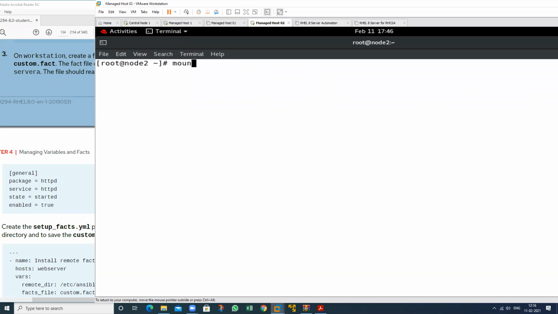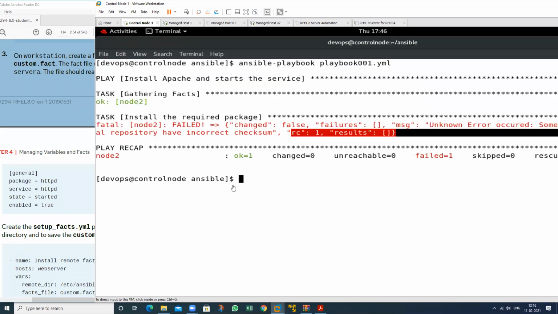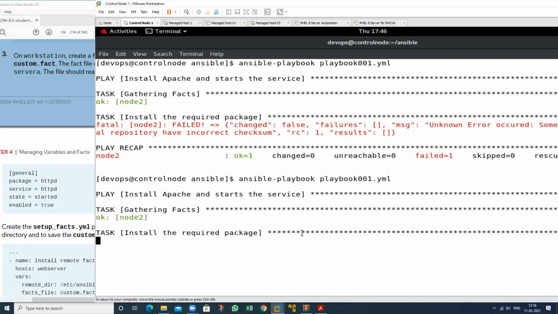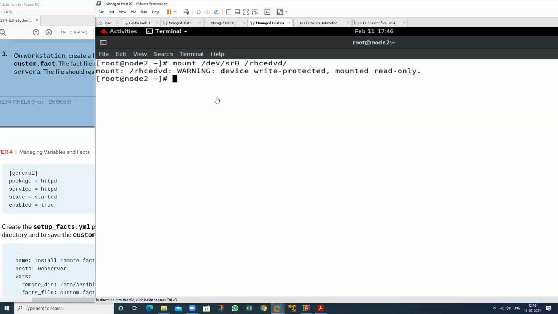Because mount /dev/sr0, my DVD is not mounted in the RHEL DVD. See this one? It is mounted now. Then goes to this again. The reason was the DVD was not mounted. Now the repository is working properly, then we are able to install the package. Because in this machine my repo was not working, now I have mounted this one.